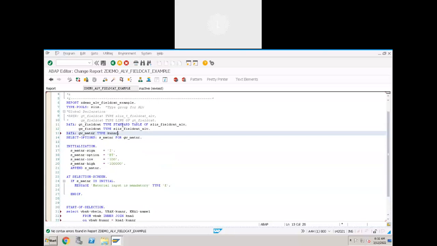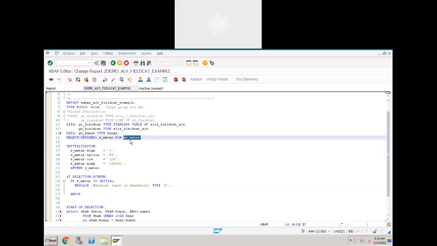Material number we have at item level, right? We don't have it in